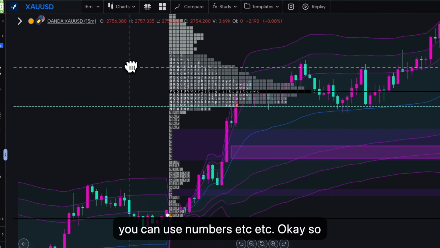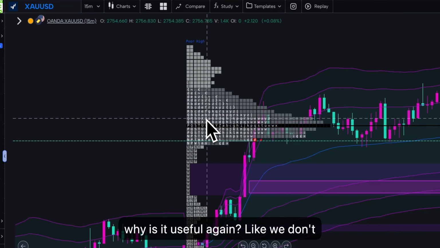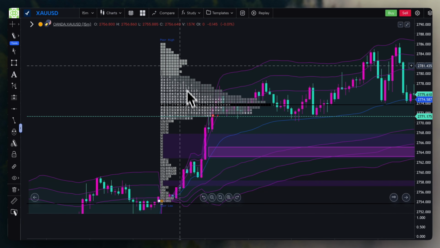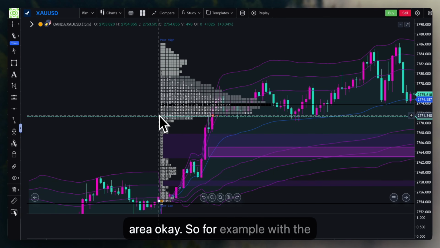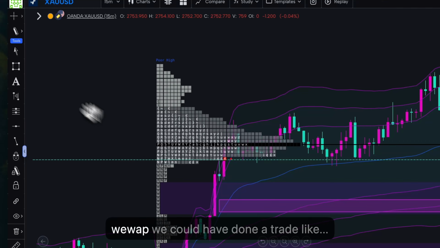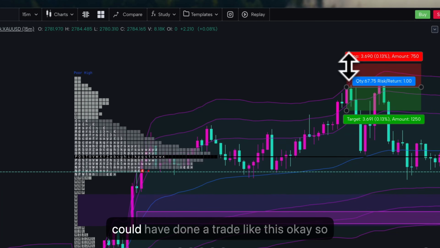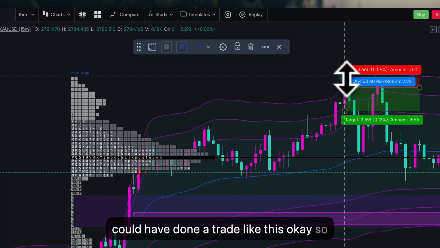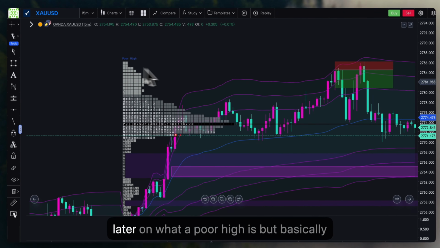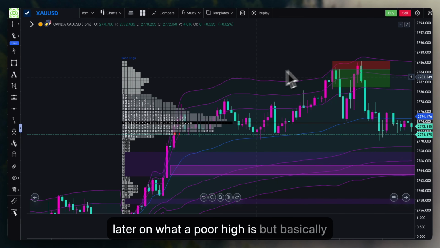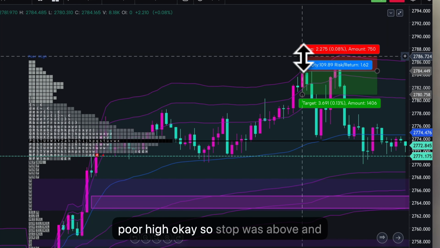Okay, so why is it useful? We don't want to buy here. We want to either buy or sell outside of the value area. So for example, with the VWAP, we could have done a trade like this. This is a poor high. We will explain later on what a poor high is, but basically you want to protect yourself from the poor high. So stop loss above,